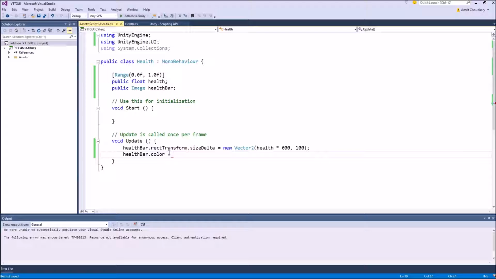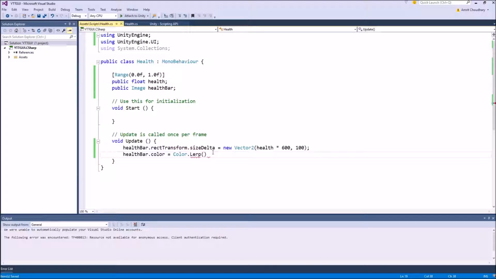We can directly interpolate between these two values using the color dot lerp function, which works exactly like your normal lerping function in your other elements, that it will take two values, and depending on a factor which is between 0 and 1, it will try to arrive at a value which is between those two extreme values.